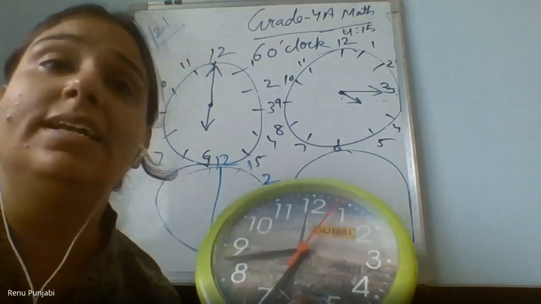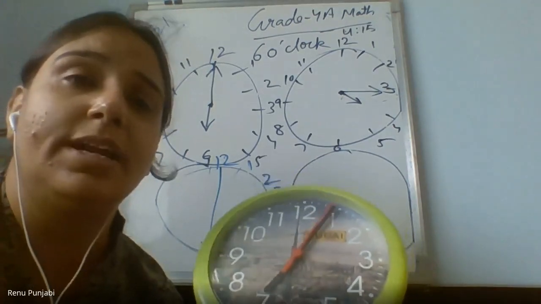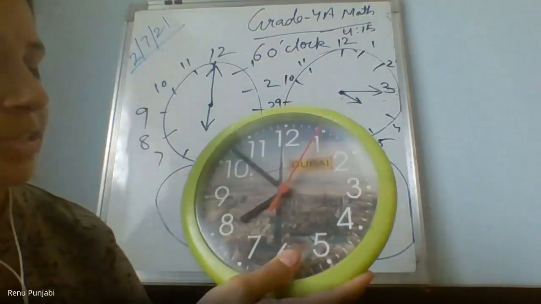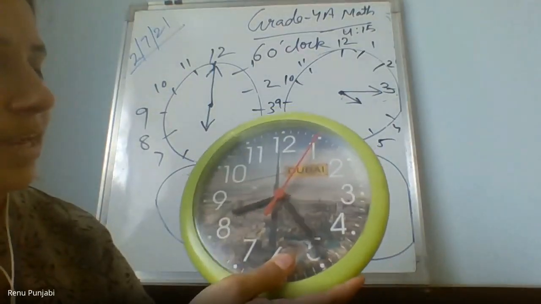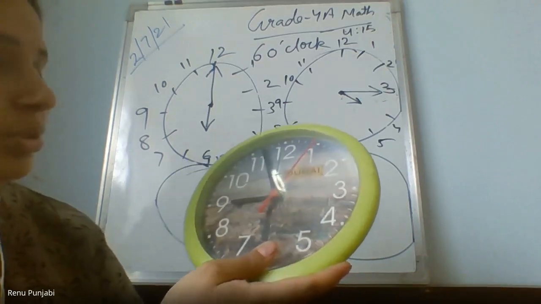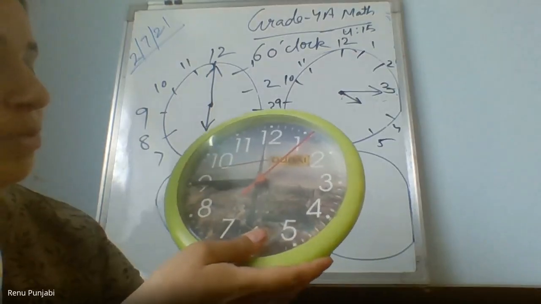Between 8 and 9. हाँ तो exactly 8 and 9 में मुझे दिख नहीं रहा था. It is showing that it is on 8. Okay. It should be in between 8 and 9, and it is more closer to 9, not more closer to 8. It should be more closer to 9.